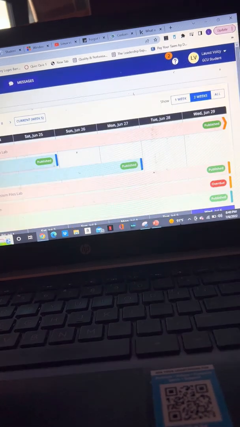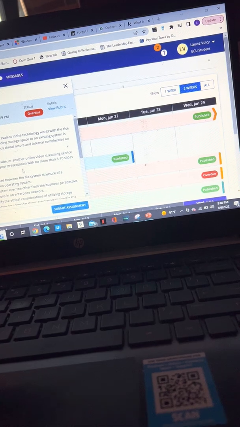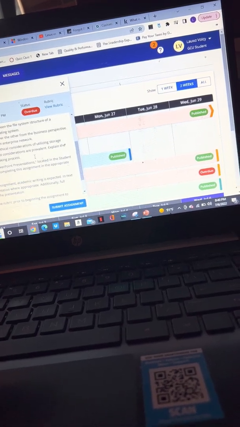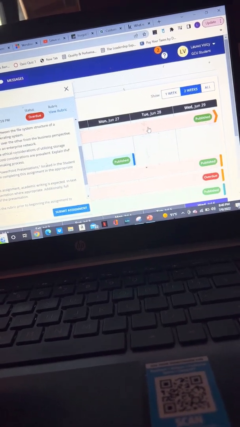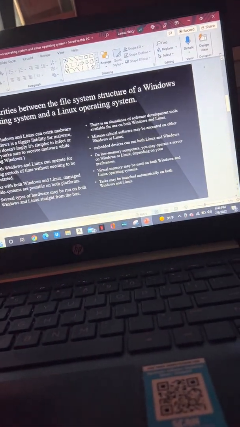Let me just check. I just want to make sure. Okay, so we may have to talk about that also. Also on this part here, where I also added